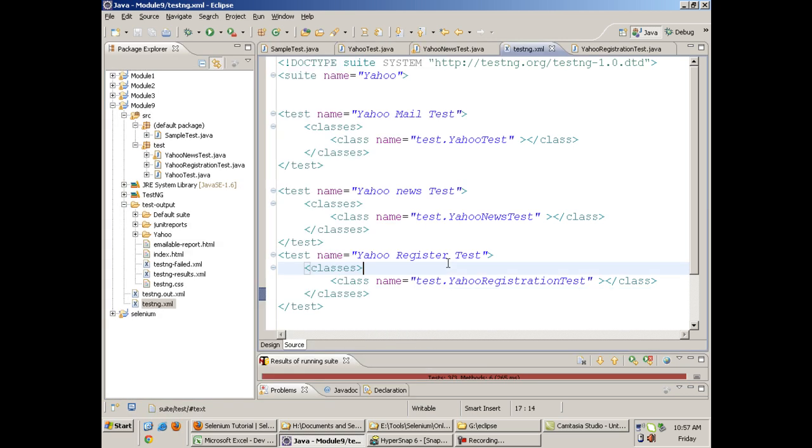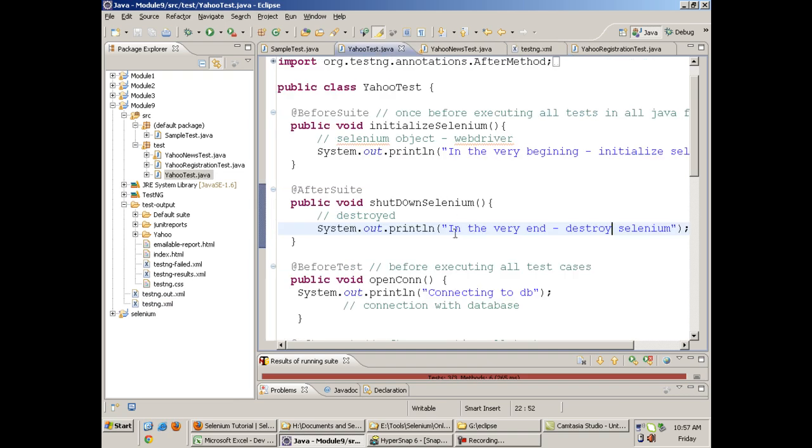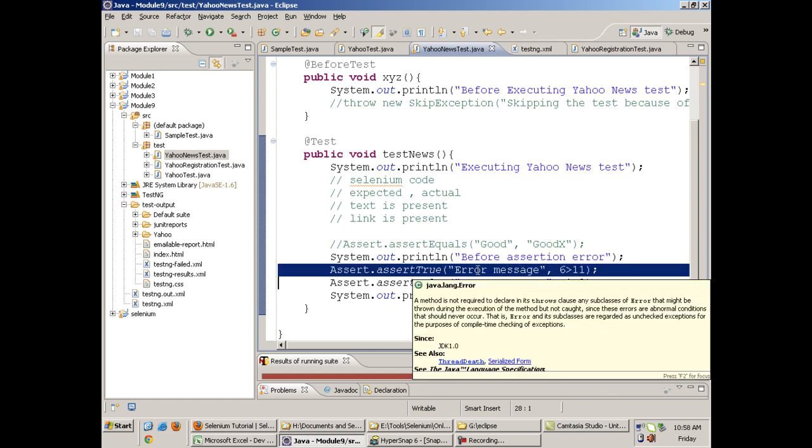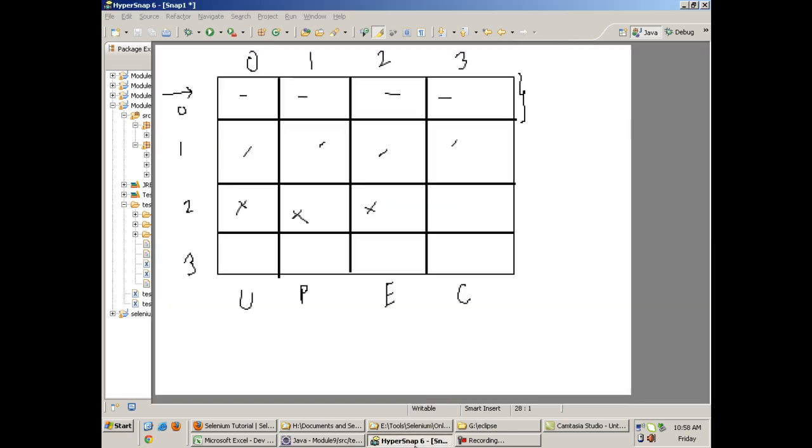So that means that in a test, if an assertion fails, the lines after that assertion failure are not executed. It makes sense in a way: fine, the test case has failed, skip over to the next test case. It happens like this.